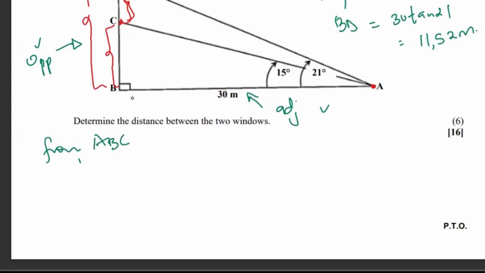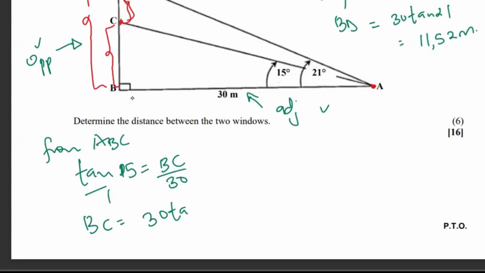So I'll use the tan, but then it's going to be the tan of 15. It's going to be BC over the 30 cross multiplication. So BC is going to be 30, the tan of 15. Okay, 30 tan of 15 is giving me 8.04